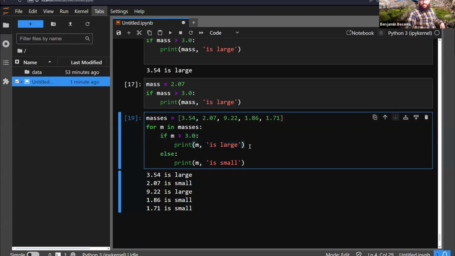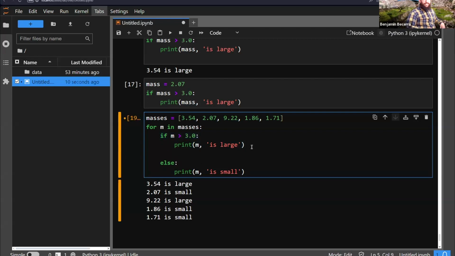Then you want it to evaluate the next step, all right? Basically, you're saying if the mass is greater than 3.0, then print it's large. However, if it's something else, then do the next step, which would be whatever we want. So for example, maybe else if